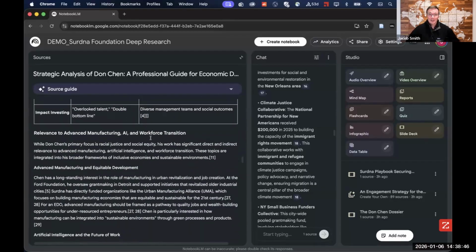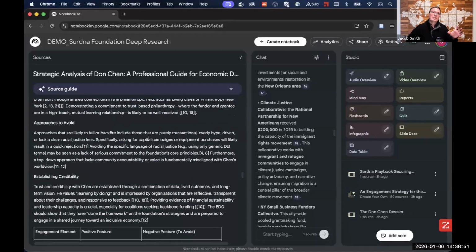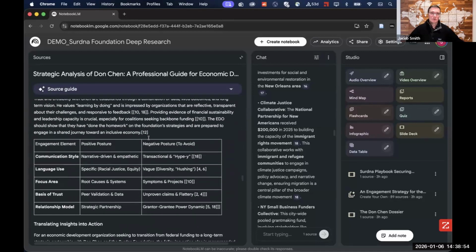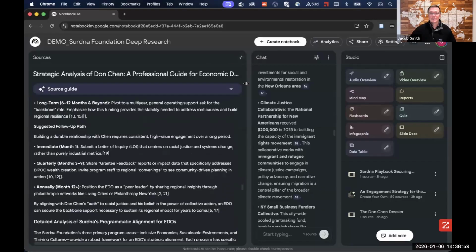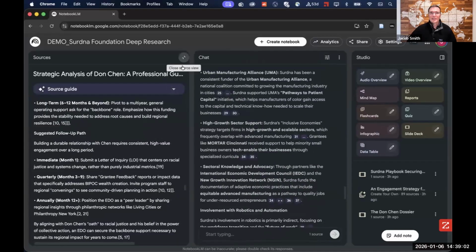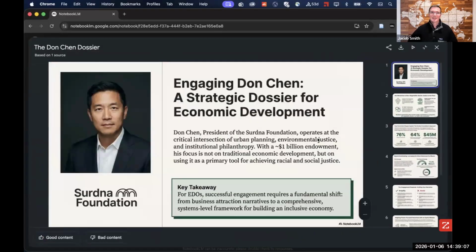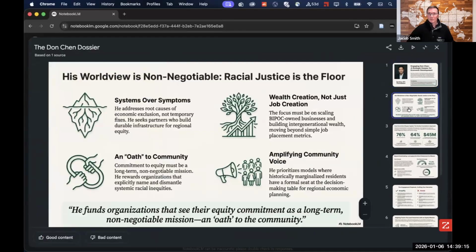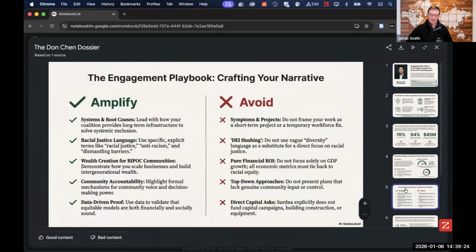It's a long, deep research report based on LinkedIn plus some additional deep research across the web as it relates to this particular individual. And just to give a demonstration of what that might look like if you turned it into an actual slide deck, this is what the slide deck that came out was. This is an 8-slide deck that tells you who this individual is, what the worldview is, all this information, some additional information about the Certain Foundation, so on and so forth.